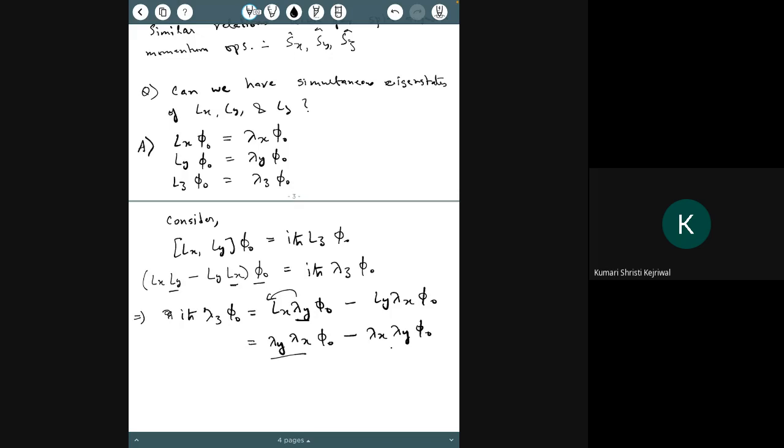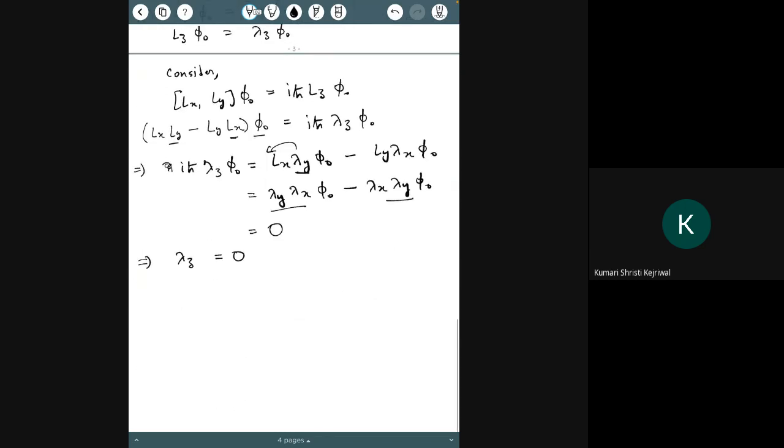So this is equal, so the value is 0, which implies that lambda z is equal to 0. Okay. Now if I use the other commutators, I can show that lambda x is also equal to 0 and lambda y is also equal to 0. So the only solution